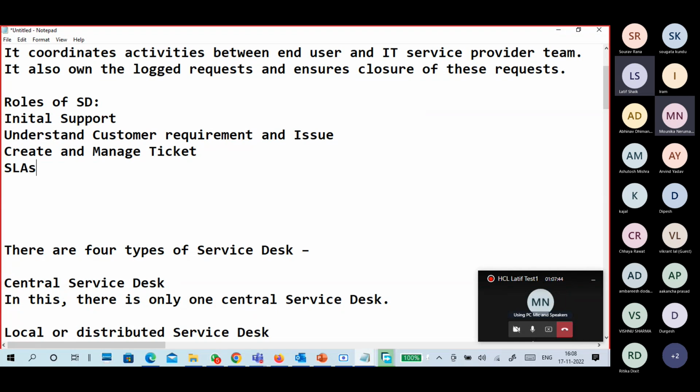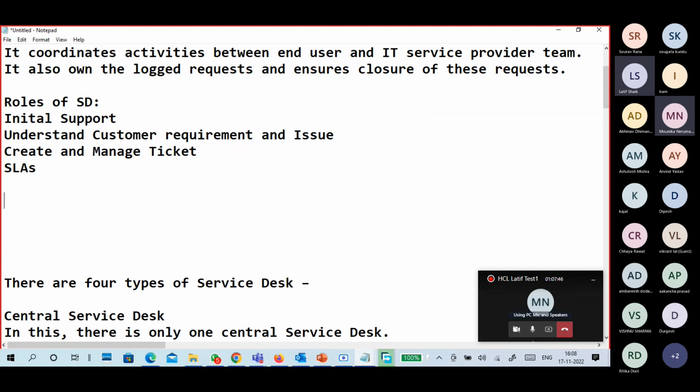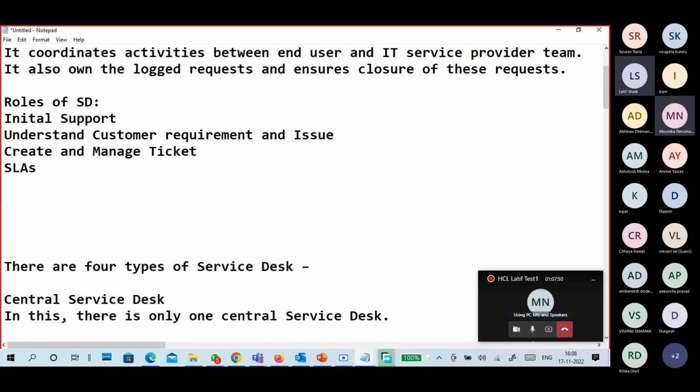I hope you already told what SLA is. Otherwise, I will tell it again once more. Okay, so managing SLAs, tickets. What type of tickets? Like incident type tickets, service request type tickets, tickets from alerts or alarms kind of stuff.